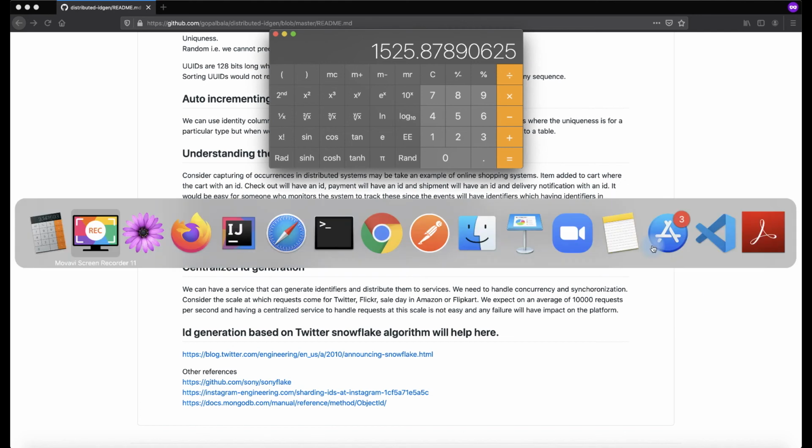So let us take the example of UUIDs that we are going to use to uniquely identify a record, right? For example, assume there is a system which generates 100 million records per day, and we need to capture it.